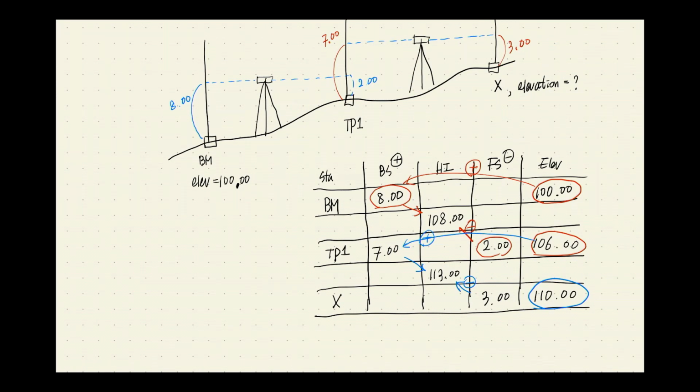In case of station. If it is not a station, so in case of station, we will have four numbers. So name, backside, foresight, and elevation. So name, backside,